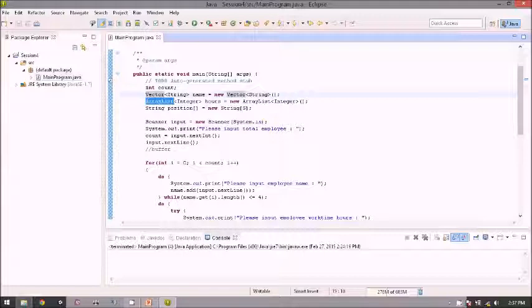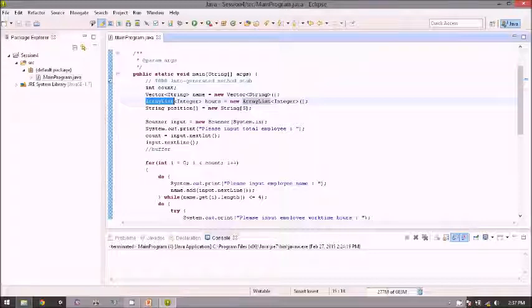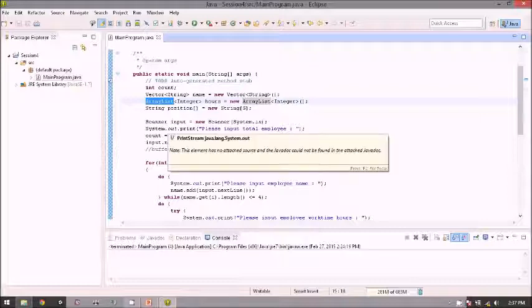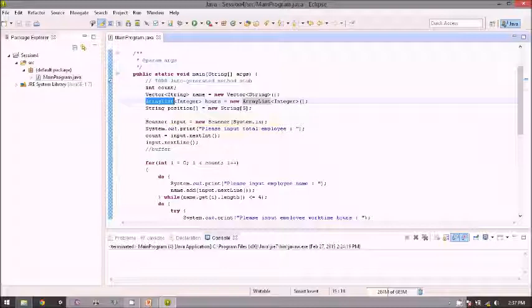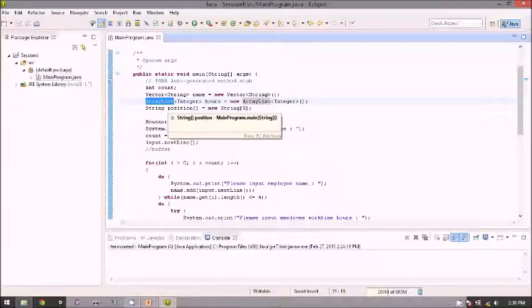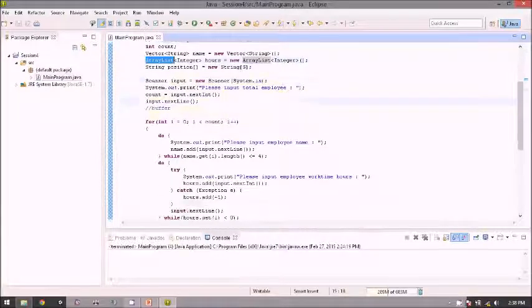But array list will increase its size by adding 50% of the current size of the array list. So let's say your array list has 10 size, it can hold 10 data. When it runs out of size for the data, it will add another 5, because 5 is 50% of 10. So there are some differences between vector and array list.